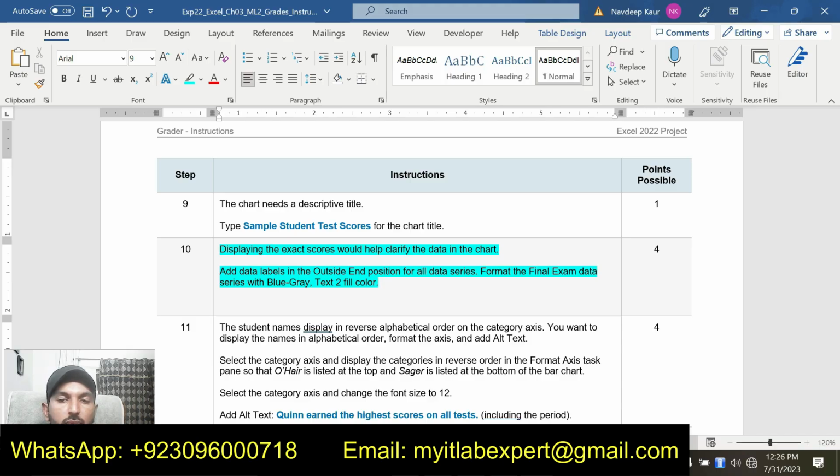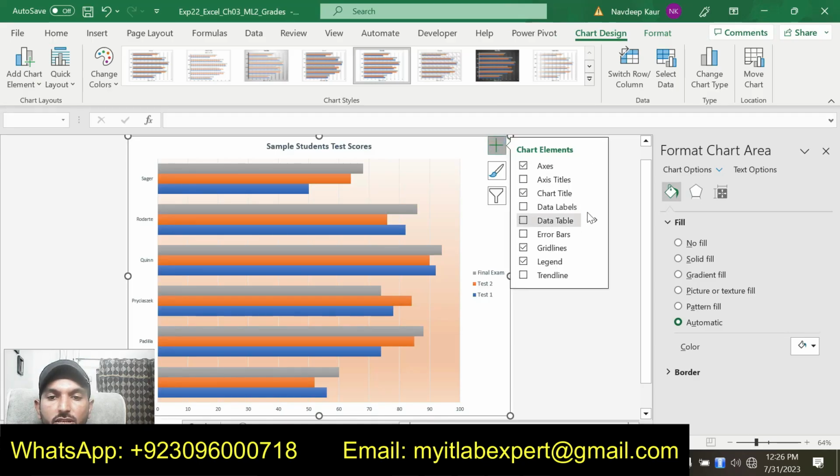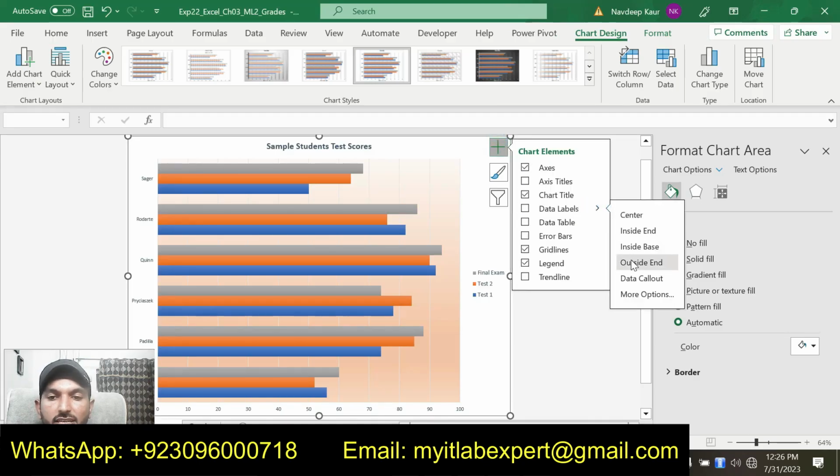Then we are supposed to format the final grade data point. So first add the data labels to the outside end position. So go to the chart element and go to the data labels and select outside end. So now you can see the data labels to the outside end position of these data series.